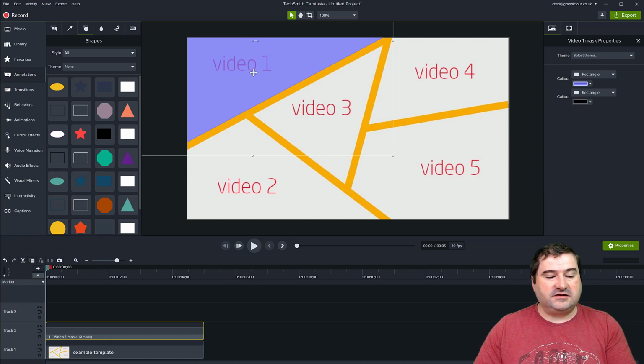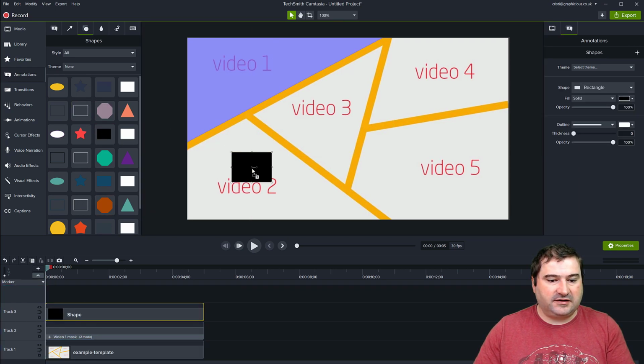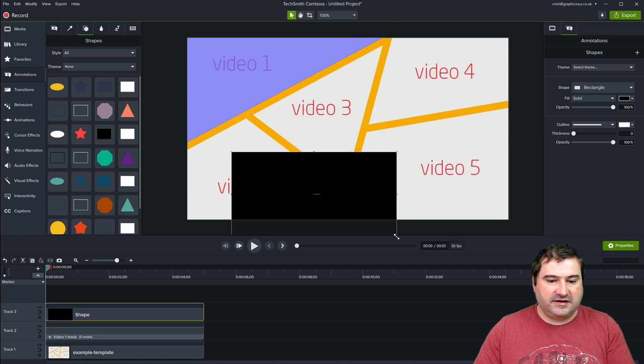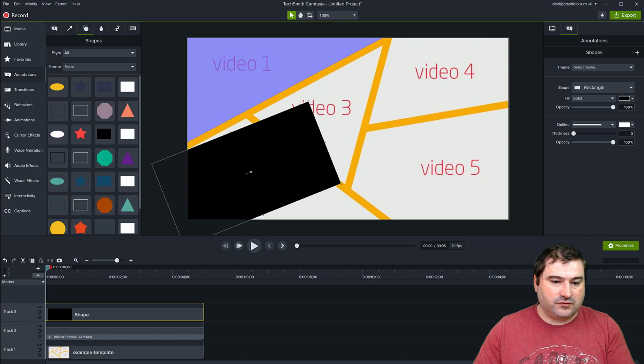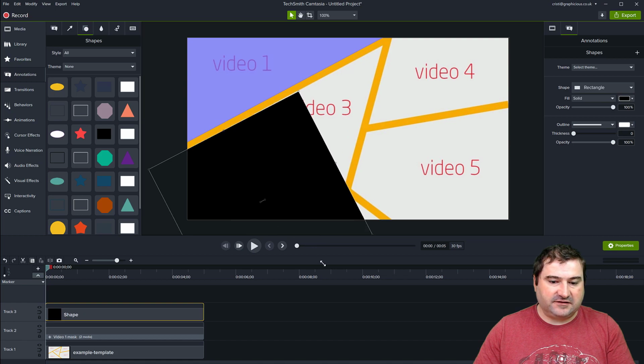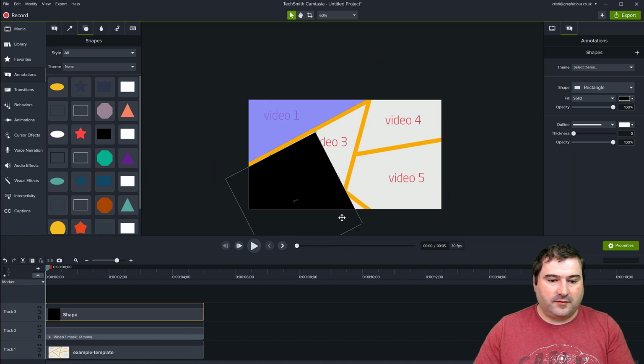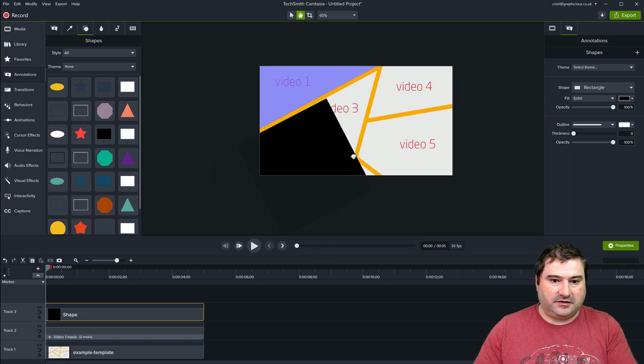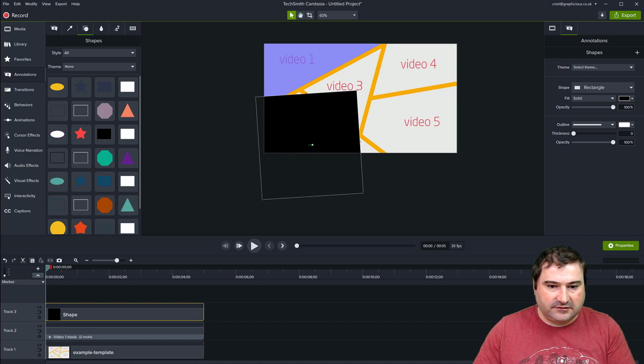So that's video 1. Let's try video 2 now. This is on the bottom left here. The same way, we just go to create a rectangle like so, and we can resize it. We can turn it around like that to match with one corner, one side actually, and resize this all the way. Maybe zoom out a bit. That may not be the best choice. Let's rotate it a little more.